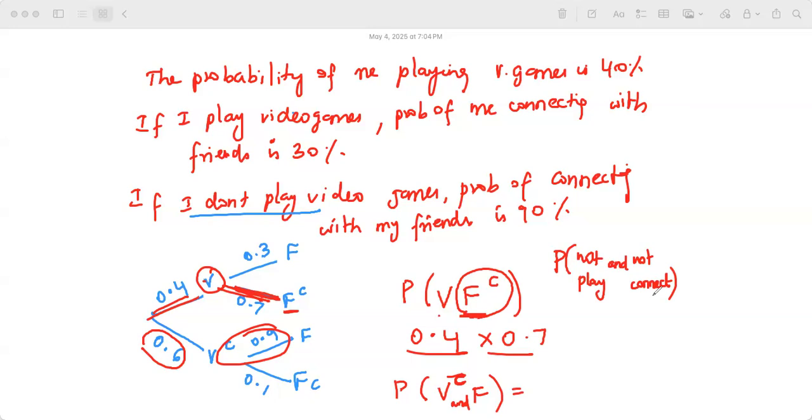So, this is what it is. These two are dependent events, right? Literally, they are dependent. F is dependent on whether VC or V. So, what can I say about this? Probability of VC times probability of F given VC has occurred. That's why probability of VC you did 0.6. But probability of F is here as well as here. But you are considering VC has occurred. That's why you only take 0.6 times, you have taken VC, probability of 0.6, and then not connect with